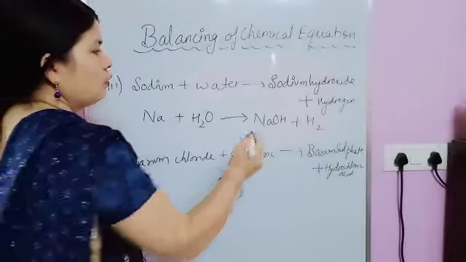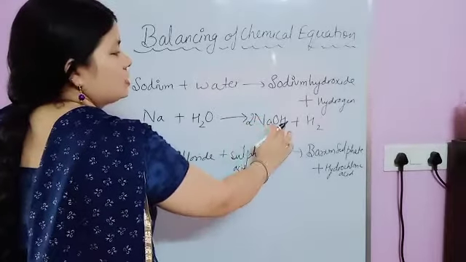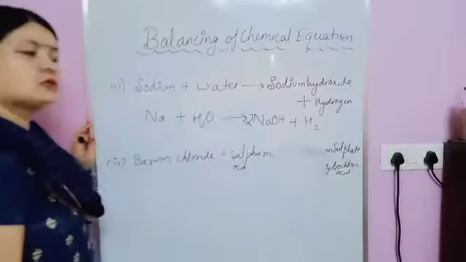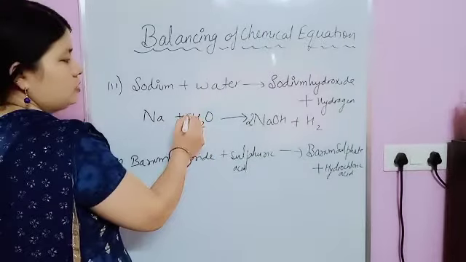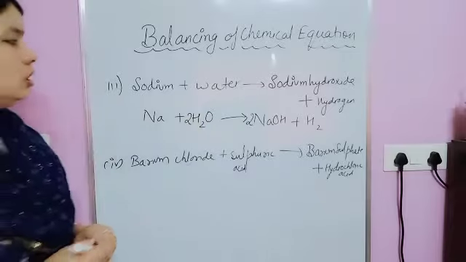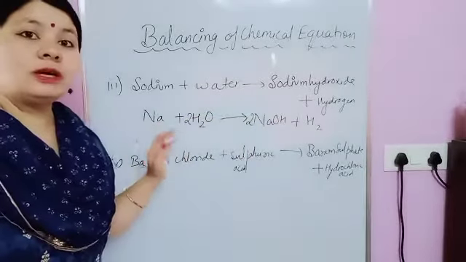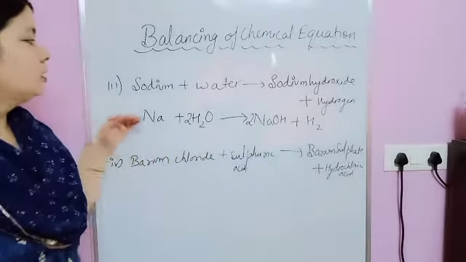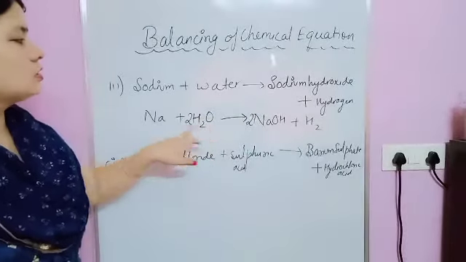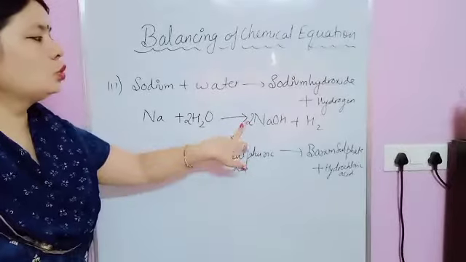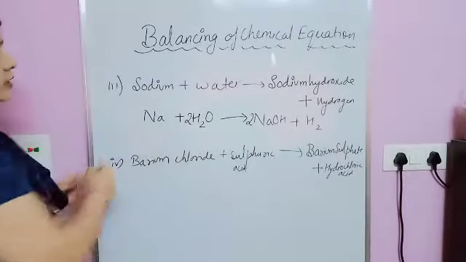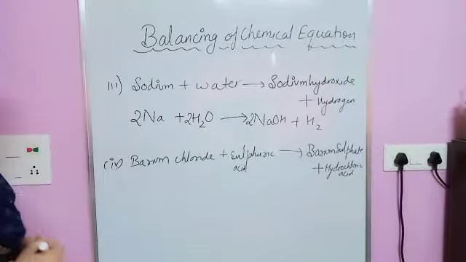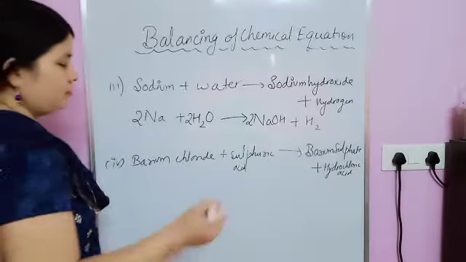We'll convert it into 4, multiply this side with 2, just see, 2 then 2, 4. Okay, but now hydrogen this side, it's 4. Okay, and here hydrogen is 2, so multiply this side with 2. Now number of hydrogen is balanced. But now check, because you have multiplied this side, front में multiply किया तो बाकी भी change हुए हैं. Okay, so now check, hydrogen is balanced, oxygen is 2, here is also 2, but sodium this side 2, here it's 1. Okay, so you have to multiply this side also with 2. Okay, done.